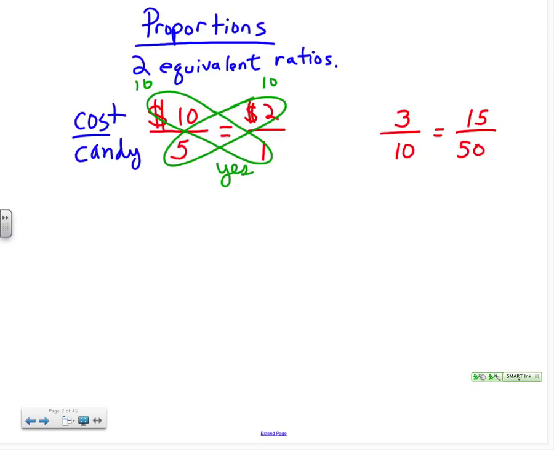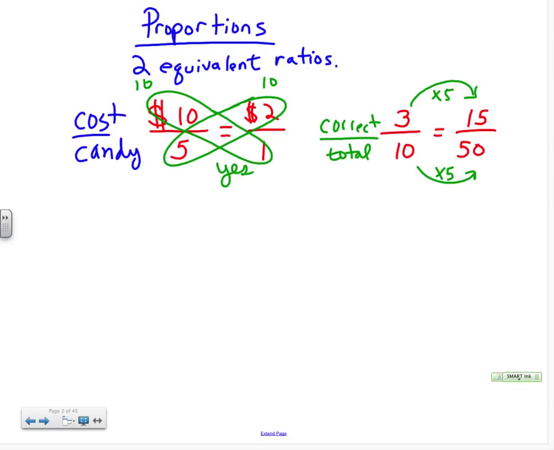Let's look at 3 to 10 and 15 to 50. Say I took a test and I got 3 problems correct out of 10 problems total. Okay, if I would have had 50 problems on that test, that would mean I would get 15 correct, because 3 to 10 is proportional to 15 to 50. And again, by multiplying the top and bottom number by the same number, I can tell that yes, they are